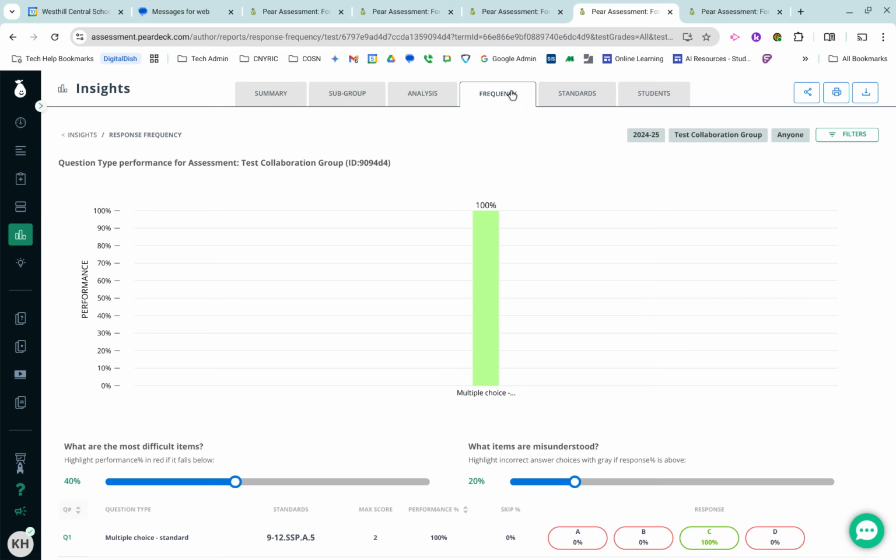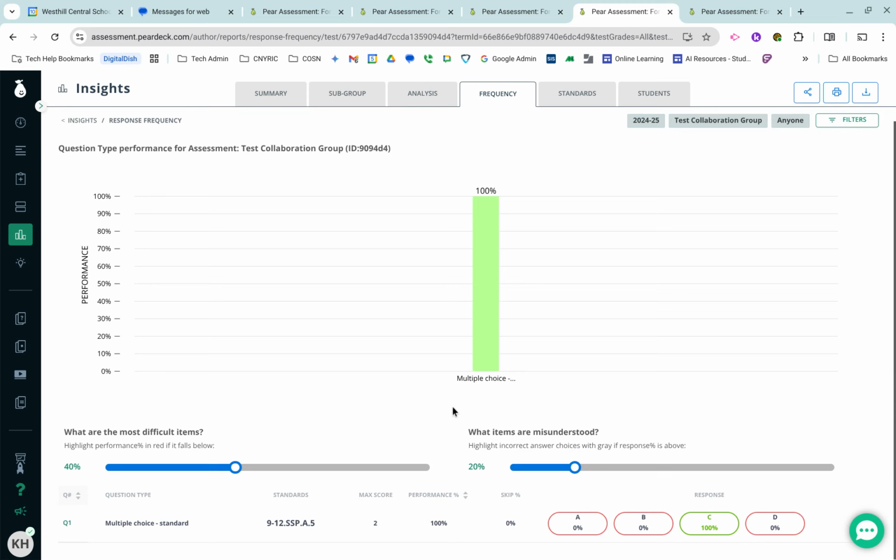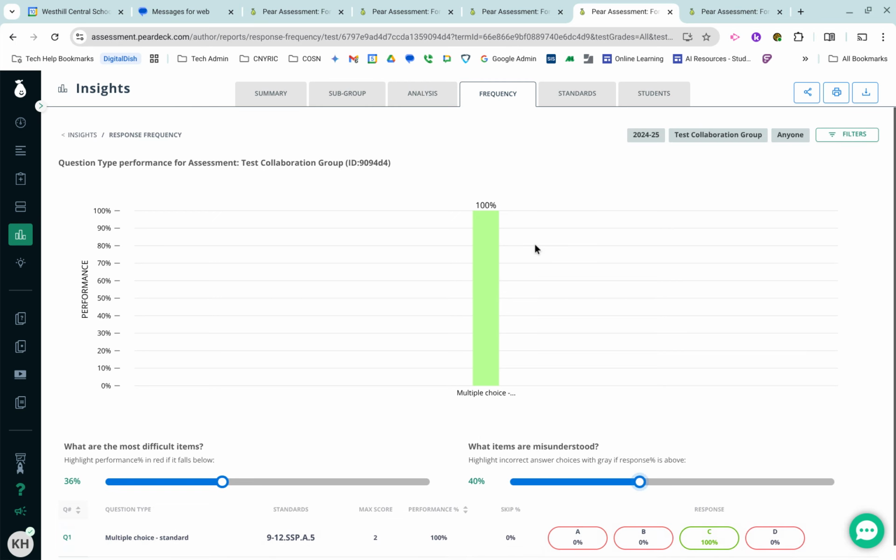Under frequency, I can see the types of questions and how kids did across all of the classes on the types of questions. And if I scroll down, I've got one column for the most difficult items and another column for the most misunderstood. And I can change this threshold as well. And again, I only have one question, so you're not going to see anything change down here, but you might